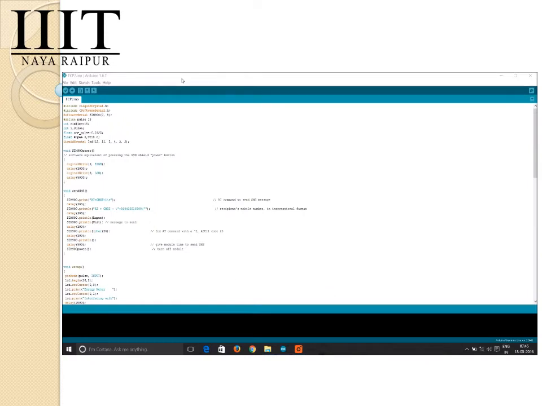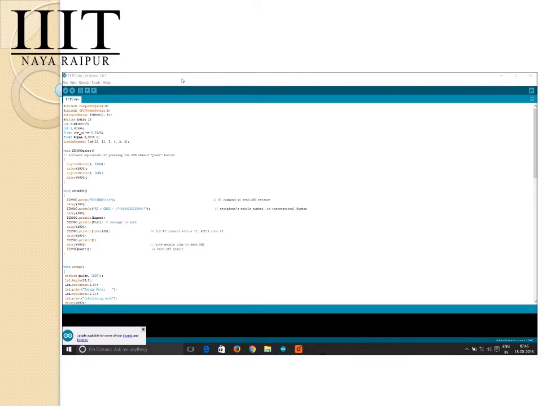Now I will explain the Arduino code of our project. The first two lines, #include LiquidCrystal.h and #include SoftwareSerial.h, are the header files that are required in our code. The next line is SoftwareSerial sim900 (7,8). This is the function prototype of the GSM module function. The next line defines a macro named pulse, which we are initializing with the number 13, and this number 13 tells us the digital pin to which we are going to connect the pulse LED on the Arduino.